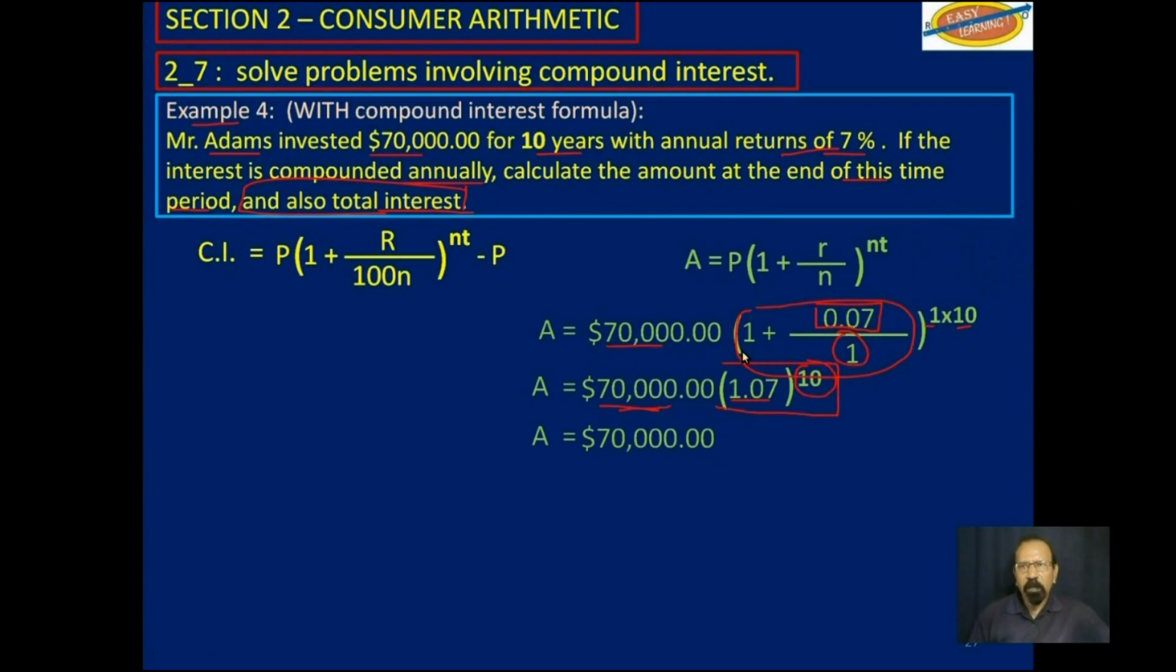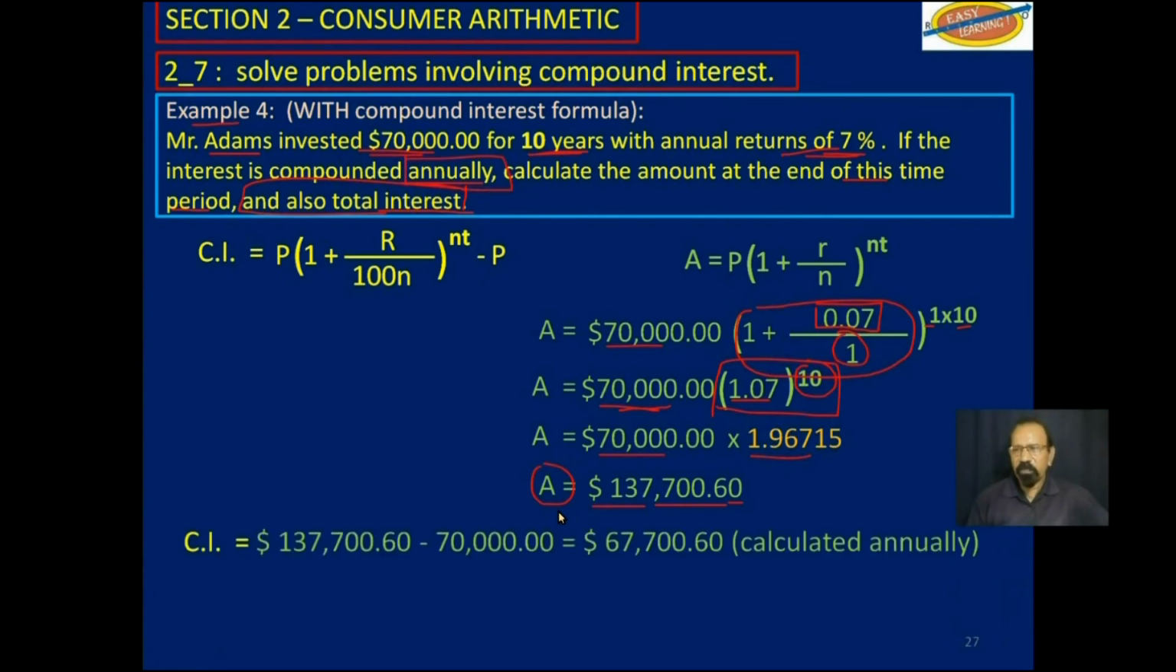This part here would be 1.96715. So his money would increase that amount of times, almost 2 times, which gives us $137,700.60. So that is the amount he would get if he invested 70,000 over a 10-year time at 7% per annum, calculated annually. Of course, if you want to know the interest, you just subtract his initial investment from the